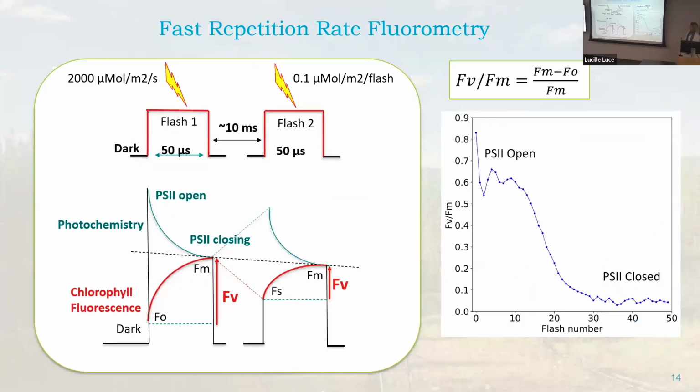All right, so then another thing I need to say, in case people are familiar with the fluorescence method called PAM fluorometry. I don't know if you're familiar with this. This has been used a lot in photosynthesis research. This technique is slightly different in that it's called fast repetition rate fluorometry. It uses ultra short, high intensity light pulses